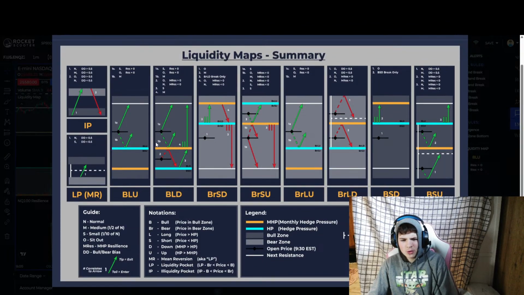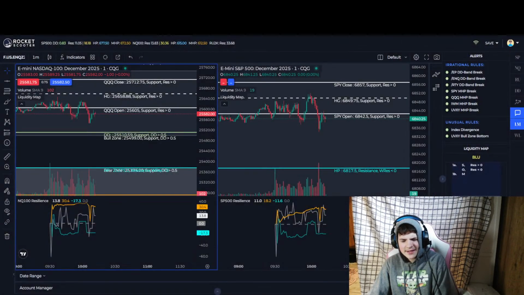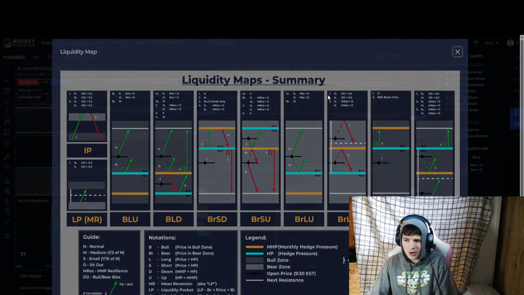But also you have the liquidity maps. I don't know how they calculate this because each liquidity map is different every day basically, and each one has its own thing. So you can see this black line is the open, and it's saying 1A setup if res is above 0 to the next zone, which would be like SPY close. Right here you can take the same trade, or if we sell off.